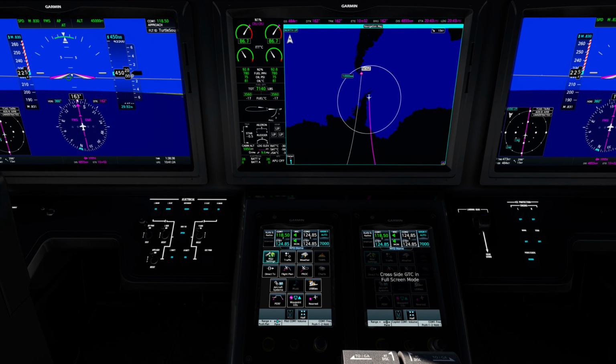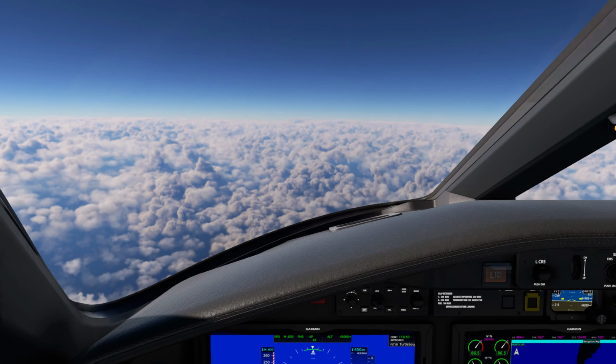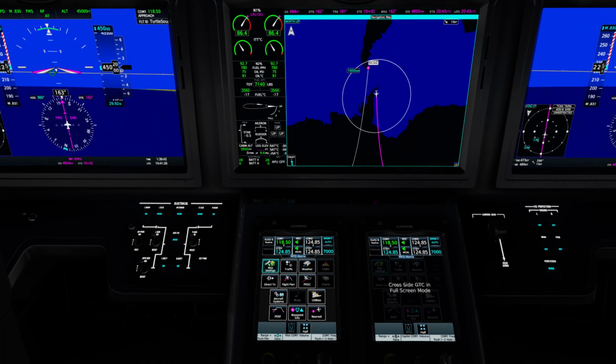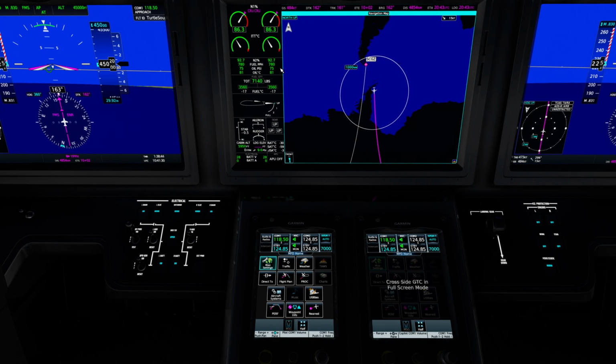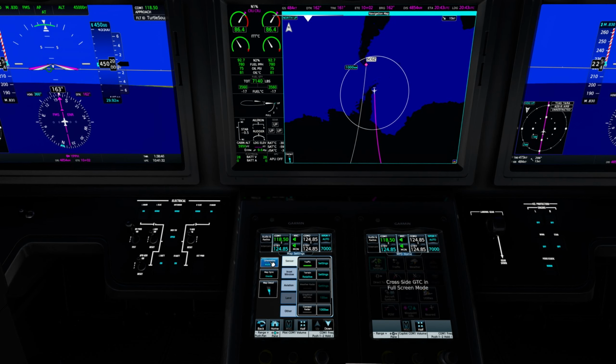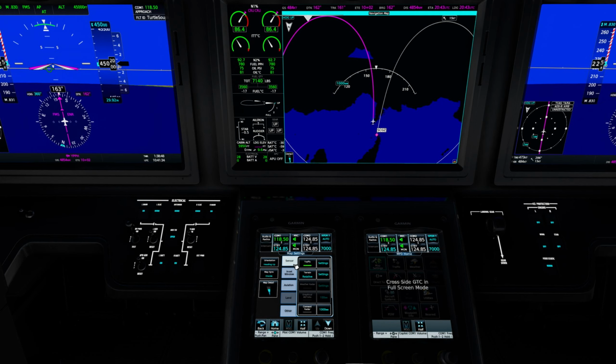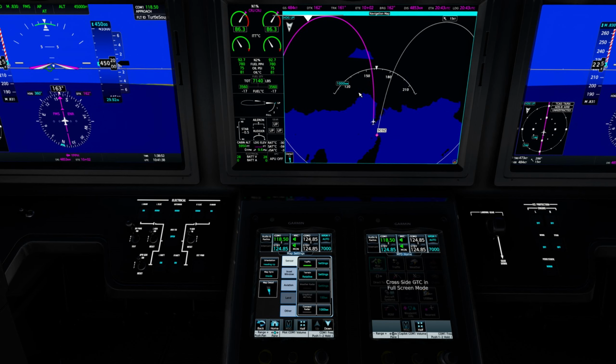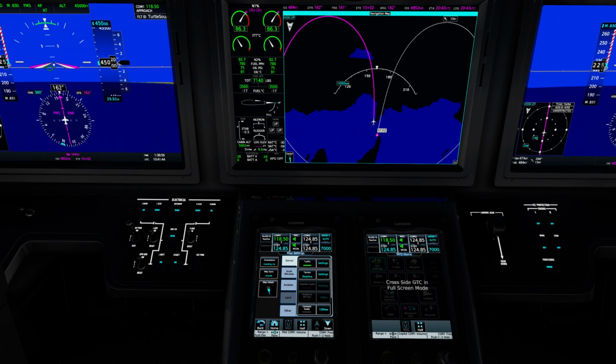Alright, I'm just jumping in here because I made an important change. So going to the original waypoint I was going to go to, when I changed my map orientation to heading up, it actually is going to keep us along this edge of Antarctica. And when I looked at Google Earth, that was nowhere near